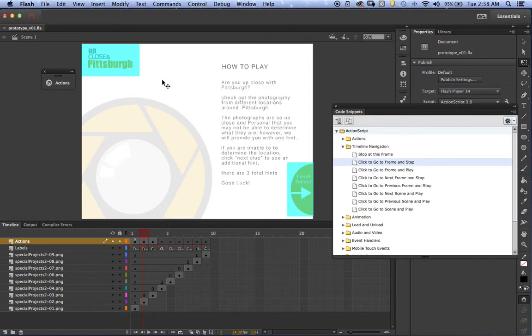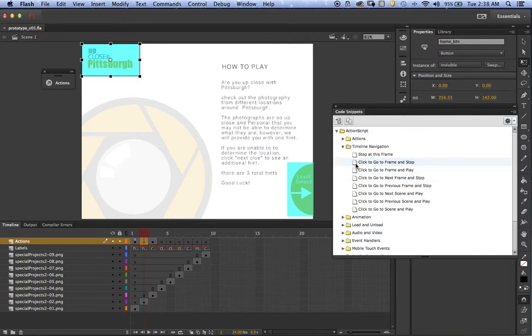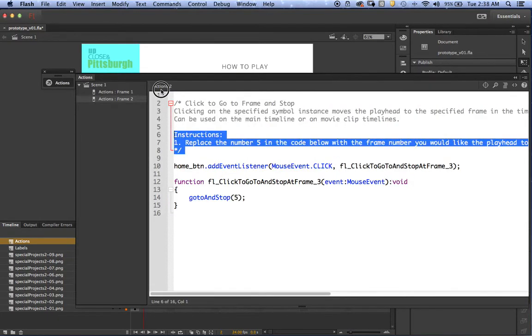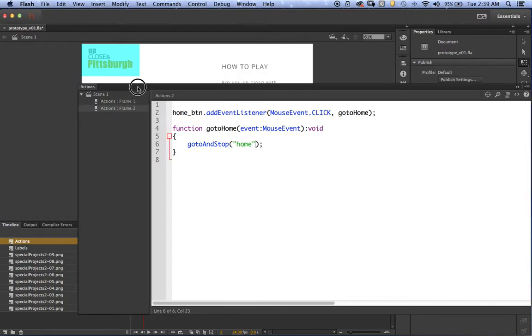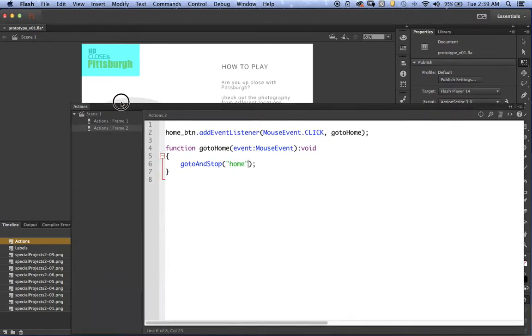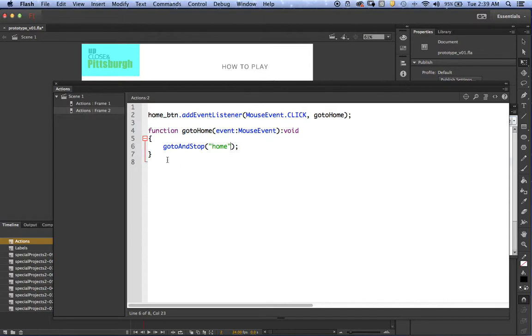And then move on to my next screen and really follow the same procedure. But this is my home button, and I'm going to change my function name because I think it looks more professional. Just change that here. Go to home, both of those, and send this back to home. Now, if you start feeling more comfortable with understanding what's happening with the coding, and you feel